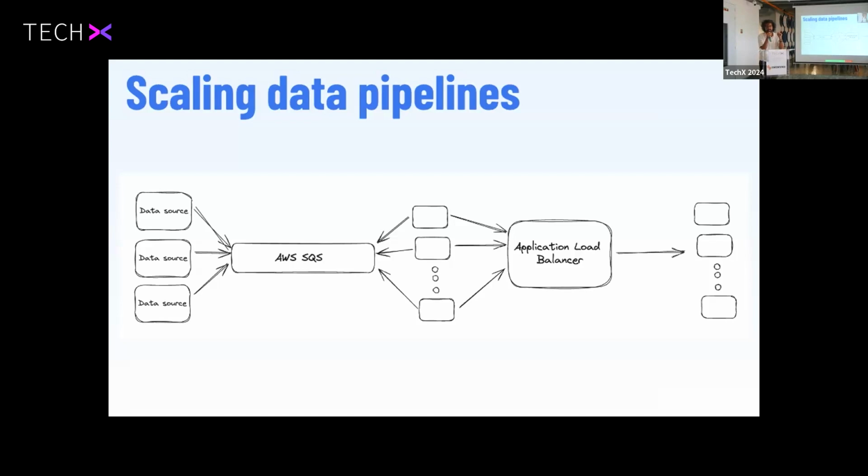What we said is, instead of directly sending the data to the Lambda, we'll insert a queue in between, which will allow us the flexibility to not even evaluate them in real time, right? The data source emits an event. That event is put into the queue. That event lives in the queue as long as I want. I want to process it after 3 years, I'll process it after 3 years. I want to process it after 3 days, I'll process it after 3 days. I want to process it in real time, I'll process it in real time. Now this gives you the flexibility of not processing something in real time.